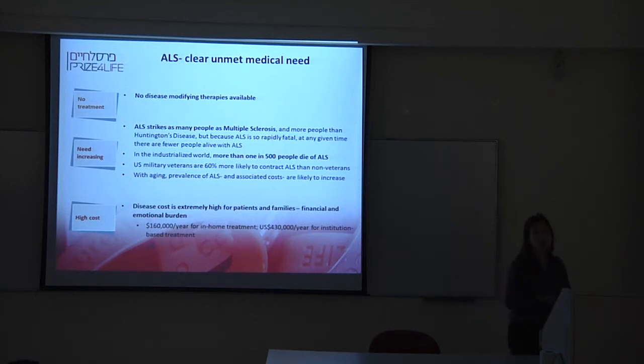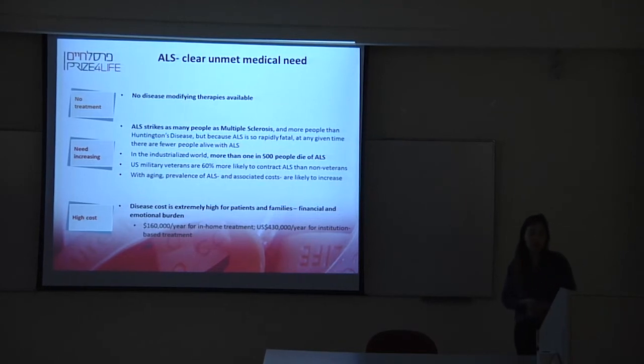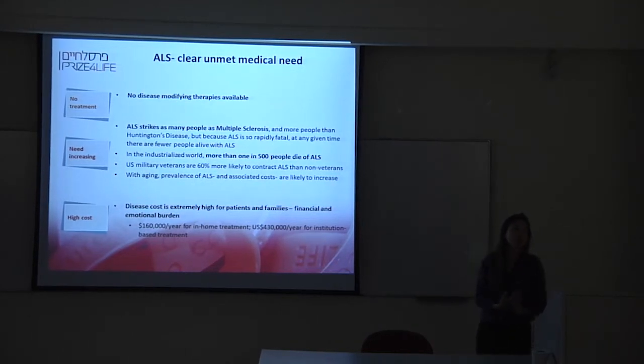A disease like ALS has a very high disease burden. The estimation in the United States, and this is an estimation from about 5 years ago, and I think it has increased since then, is that if a patient that is fully paralyzed due to ALS has to go into an institution, his insurance company would pay close to $500,000 a year for treating him. An ALS patient would need at least 2 caregivers, 24 hours a day, and so on. In-home treatment is obviously cheaper, but it still is a substantial amount of money.